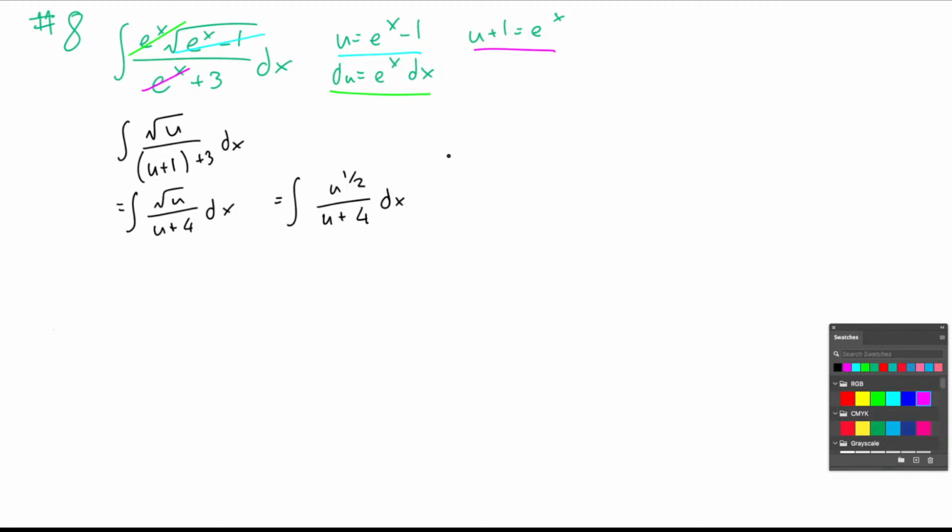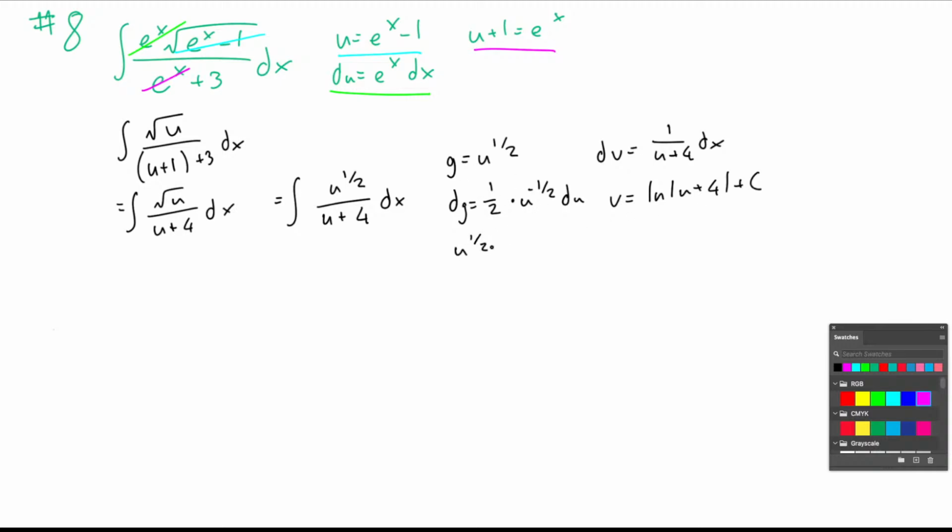Because if g were to equal u to the 1/2, dg would equal 1/2 times u to the negative 1/2 du, and dv would equal 1 over u plus 4 dx. v would equal natural log of u plus 4 plus c. Then we get u to the 1/2 times natural log of u plus 4 minus